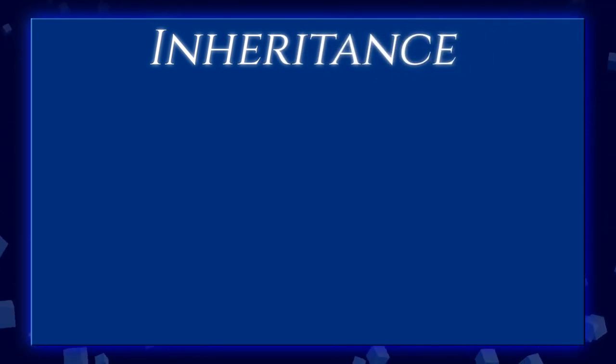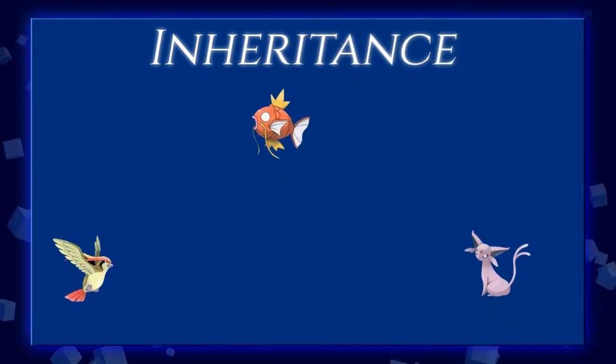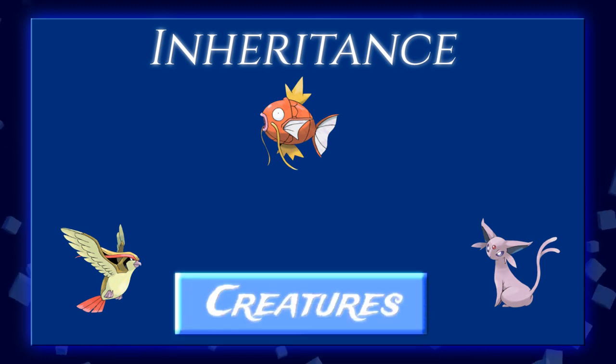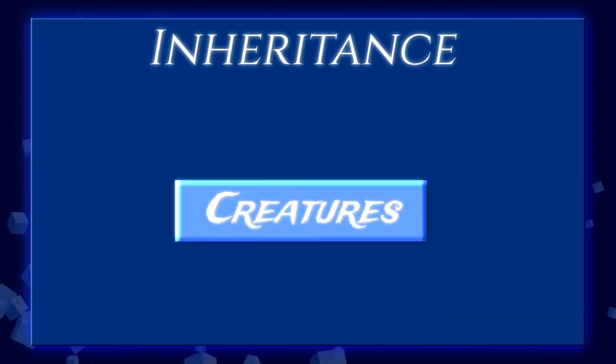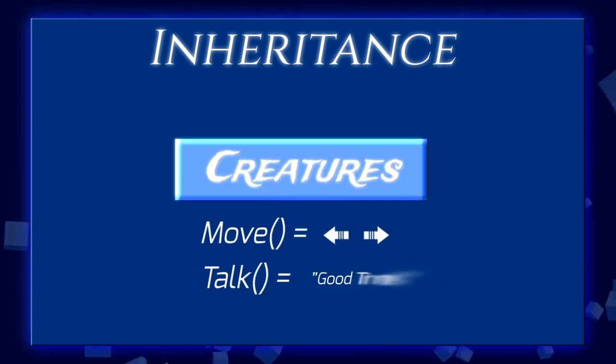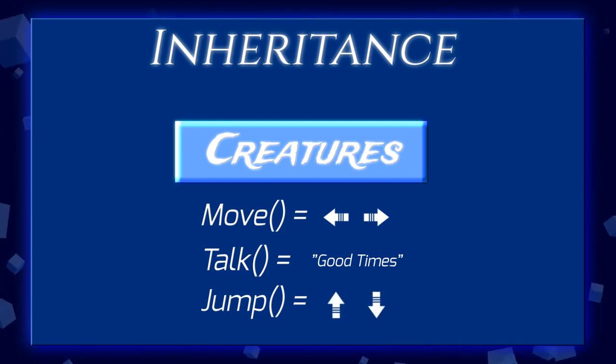So how do we get to do this in a programming context? We'll have to use inheritance, so let's talk about it. In our example, we said that all three of our friends are going to be what we'll call creatures, and our commands we want to send them are move, talk, and jump. This is something all three of them are going to have in common, so let's write it down in our